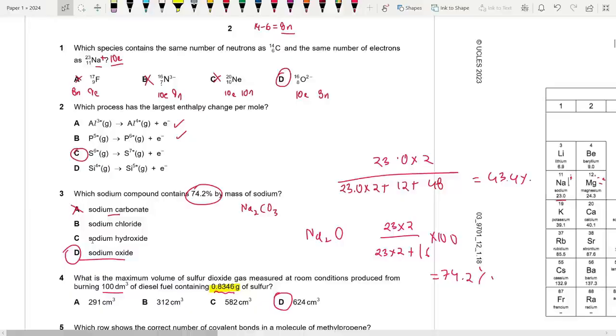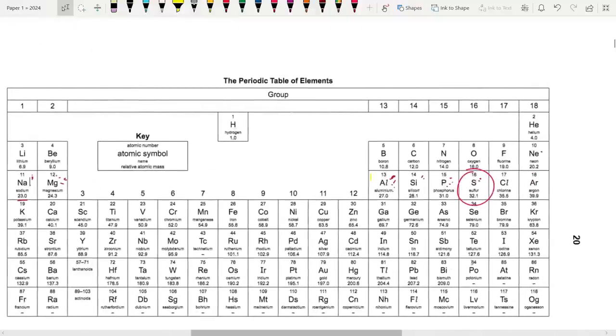So essentially, what you guys need to understand is that all of these will have very high enthalpies. However, out of these, sulfur, the seventh ionization energy will be the highest. The reason being, all of these have the same electronic configuration, okay? Because after you take out the electron, they will have the same electronic configuration as neon, which is 1s2, 2s2,